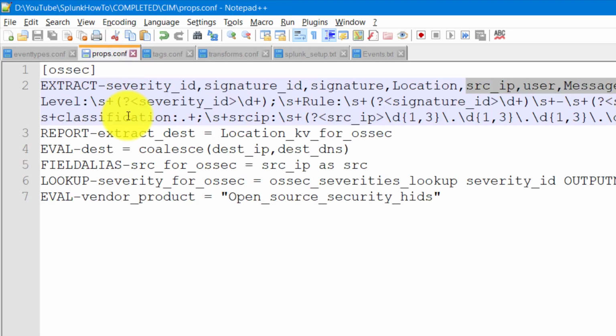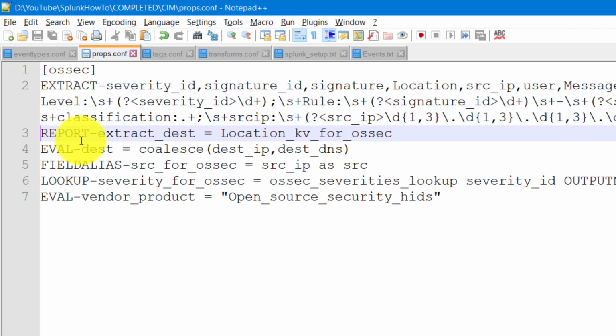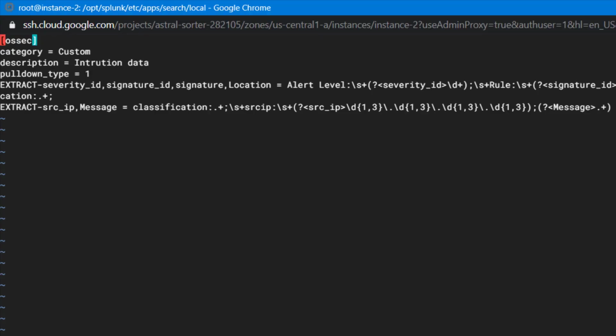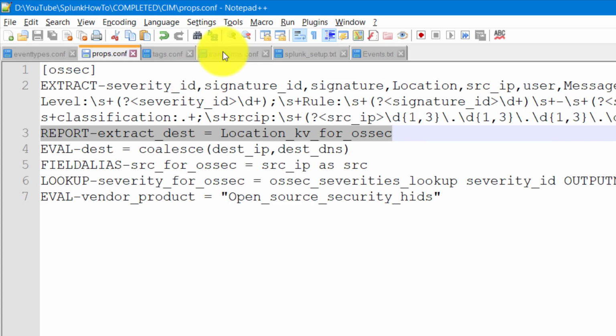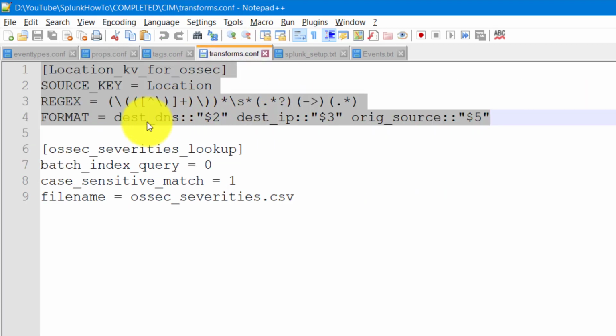Okay, so that is what I have done over here. If you see, this is for the extract destination, right? So if I go over here in insert mode, this is the transform.conf stanza name, which is basically extracting those three fields over here. Those three fields, whatever we have seen over here, are called destination DNS, destination IP, and the original